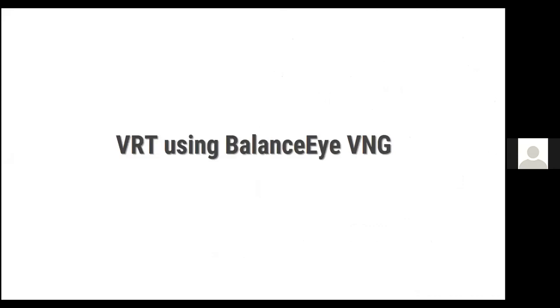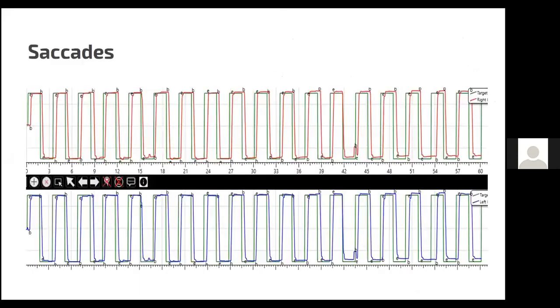Now coming to the third part, how to do vestibular rehab therapy using the Balance IVNG device. We have started this rehab therapy using the balance device. This is mainly helpful for patients with chronic subjective dizziness, visual vertigo, or cervicogenic vertigo. Not exactly cervicogenic vertigo, but the proprioception mechanism is impaired in some cases. And for vestibular migraine patients also.